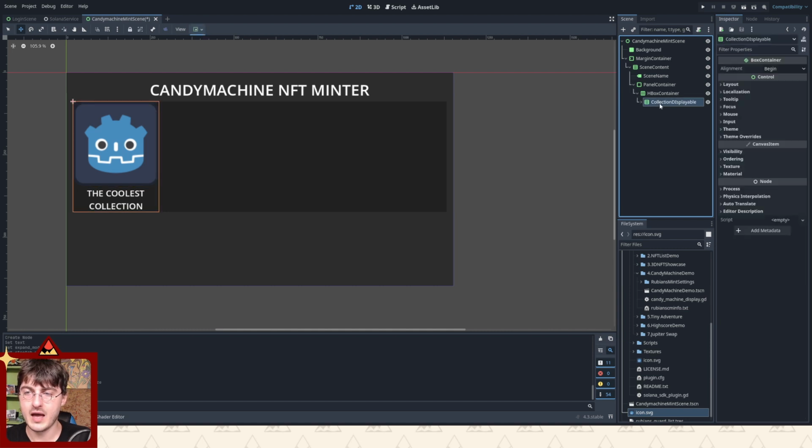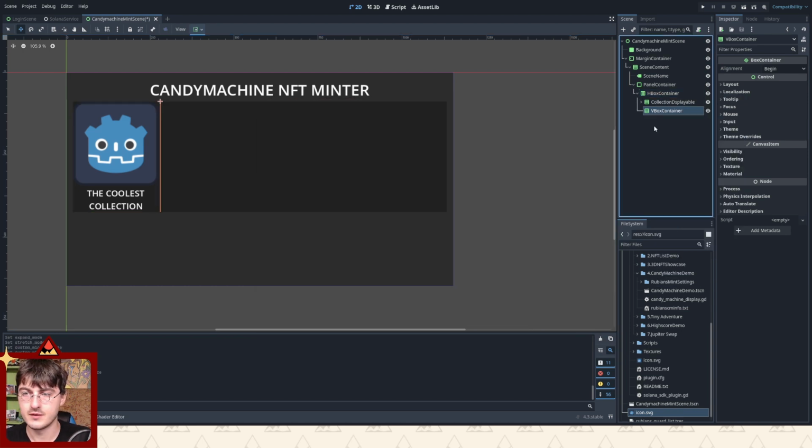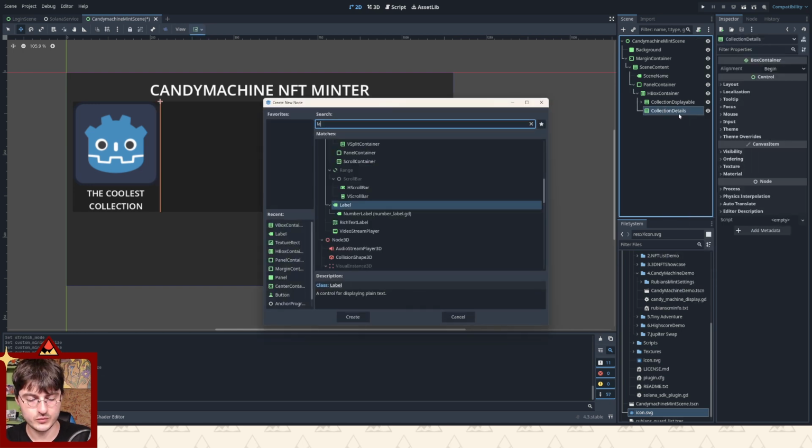And now we have this collection displayable. And also we're going to need to add a couple other things. So we have in this HBox container, let's add another VBox container. And this one is going to be the collection details. And in collection details, we're going to add another label,